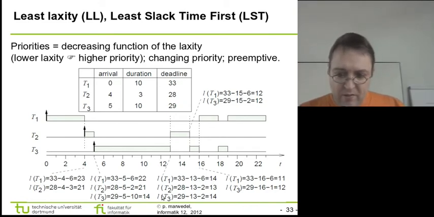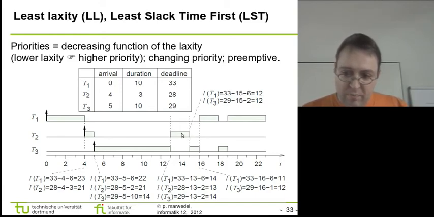The laxity of T3 is still 14 because it continues executing one time unit with each decreasing time unit. And now the laxity of T2 has decreased as far as 13. So now again, we are rescheduling the processor to the task with the least laxity. So T2 is executing,